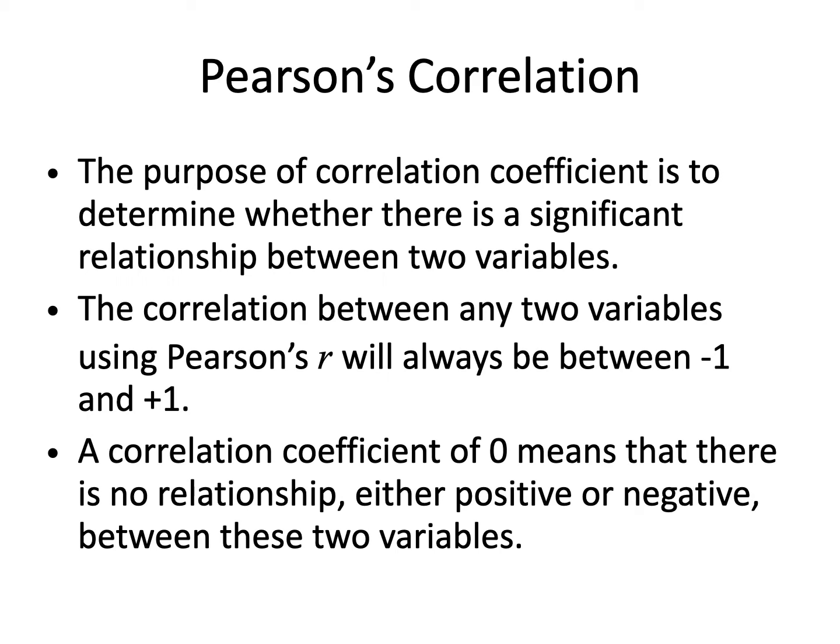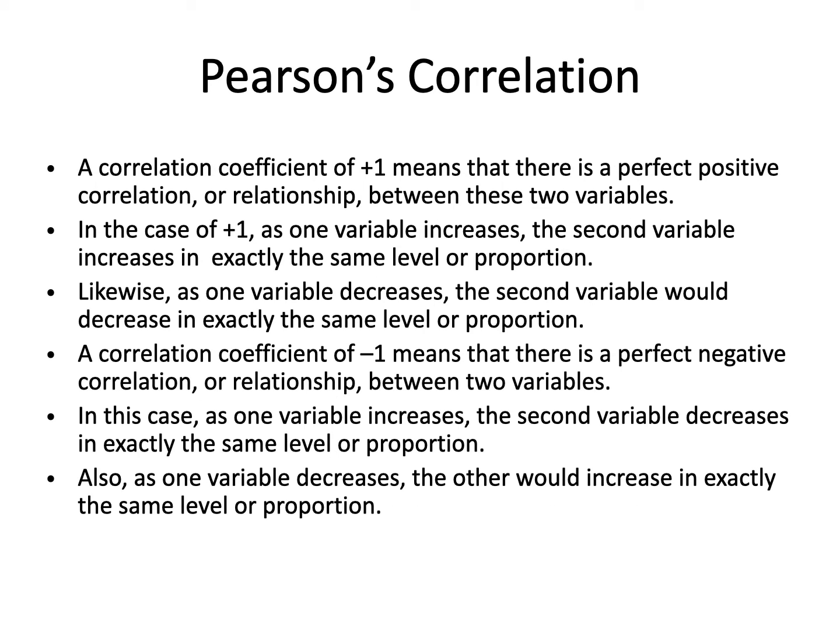So the correlation between any two variables using Pearson correlation r will be between -1 and +1. A correlation coefficient of 0 means there is no relationship, either positive or negative, between these two variables. We'll see in an example that a correlation coefficient of +1 means there is a perfect positive correlation or relationship